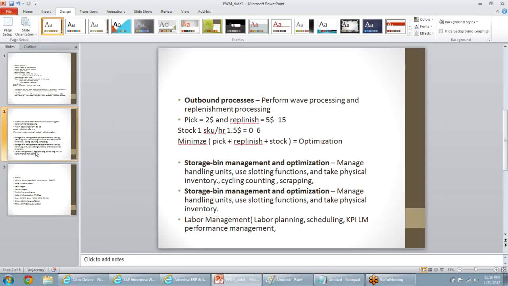Yep, exactly. We'll be covering the CIF part and everything also. And plus the transaction interface like a BAPI or whatever. Correct? Yeah, I'll cover those things also: what all the BAPIs you can use, and what is the purpose of the BAPIs. For some of you who are very new to SAP, the BAPIs and these things may look a bit different. But I'll be noting them down so that at least you should be able to tell your technical consultant, this is a BAPI, you can use it in this scenario. Okay, good. At least you should be able to talk to your technical guys about what you need.